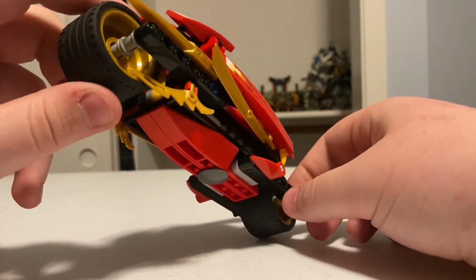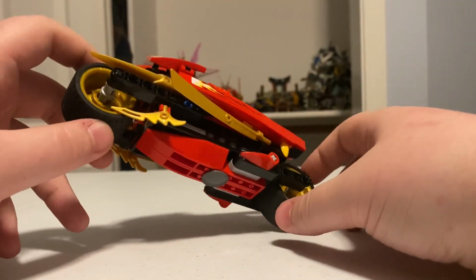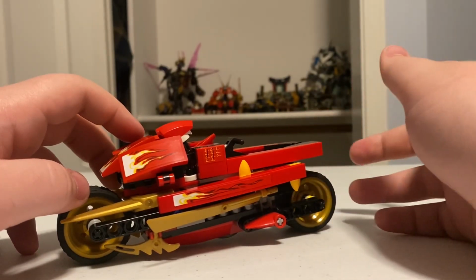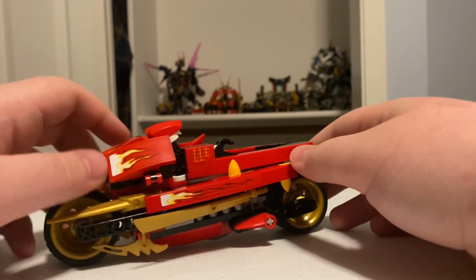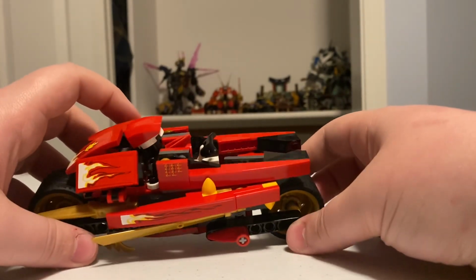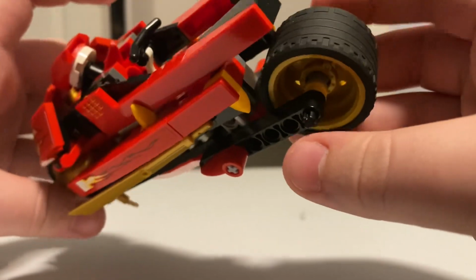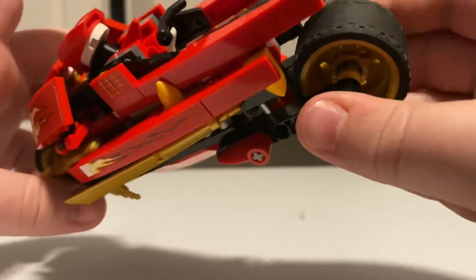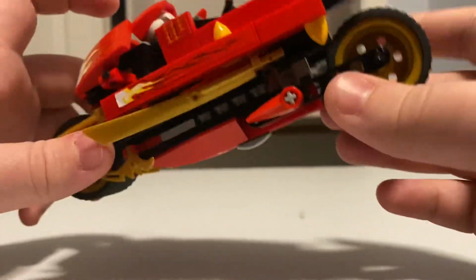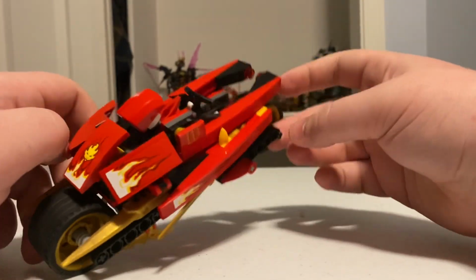Still a shame for early Lego that they still can't make those blue pieces in a different color so they don't stand out. I don't know, that's something they're not doing years later, even on UCS sets, so I doubt it's going to change anytime soon either. And also, this part, they're just Technic pieces poking out, the Technic rod. I wish there was a cap to cover that or something. It's not a big deal at the end of the day, it's just something I wish was covered up a little bit,